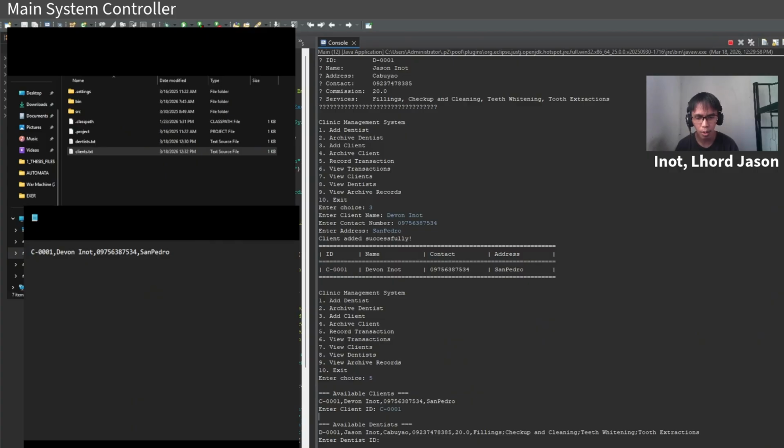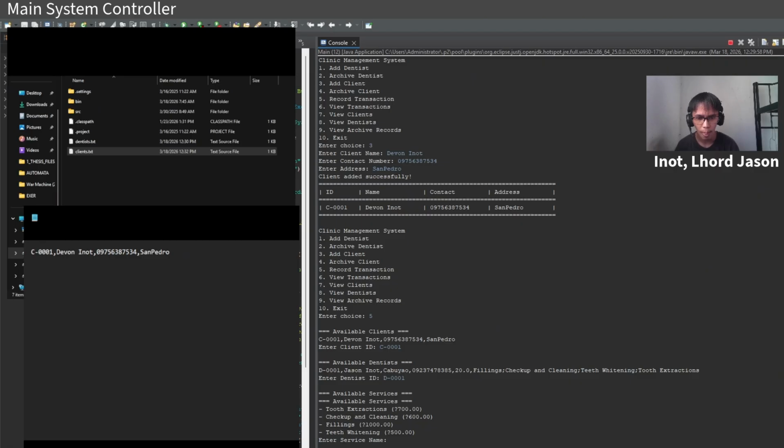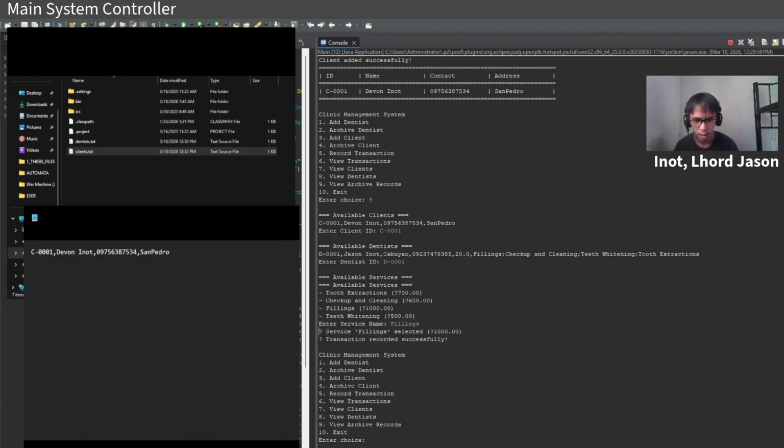Then for the available dentist, we only have one, so let's press the dentist ID 001. Then the services we want. Let's say I want this service. Then the transaction was successfully recorded.